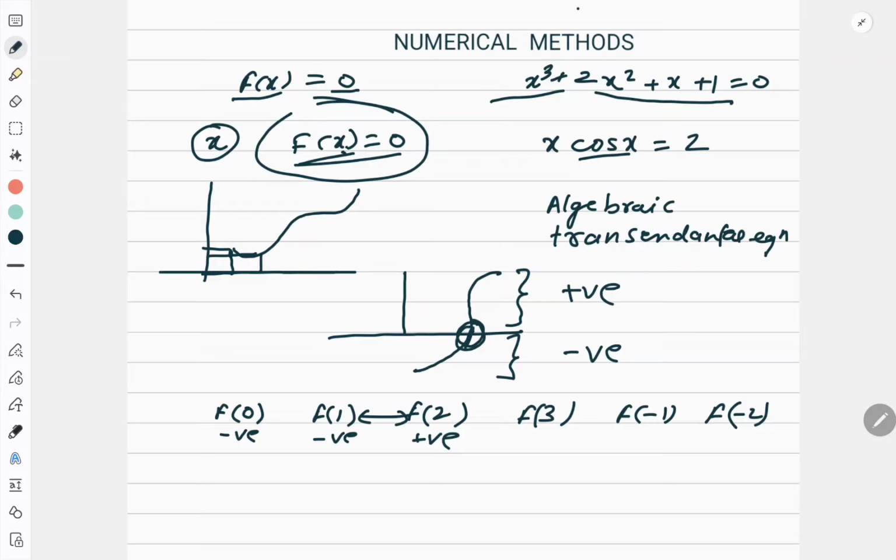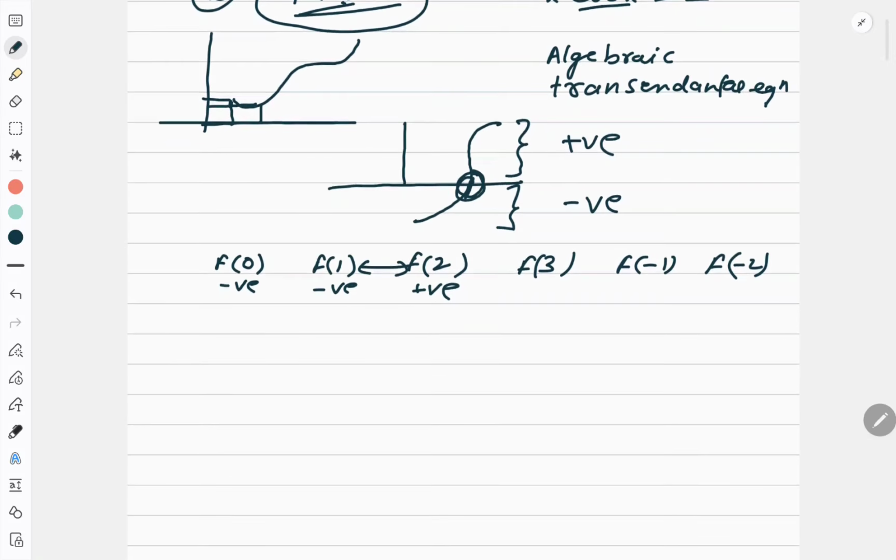Okay, it may have more than one root. We are looking for a root which is close to 0. Right? Now, this is one very important thing. The other very important small thing which you have to take care of is, when you handle a transcendental equation and trigonometric functions are there, sin x, cos x, tan x, you need to convert your system from degree to radian. You have to convert your calculator from degree to radian. If you press shift, mode, you will get the options degree, radian, like that. So you have to pick radian. Never do the calculation in degree.